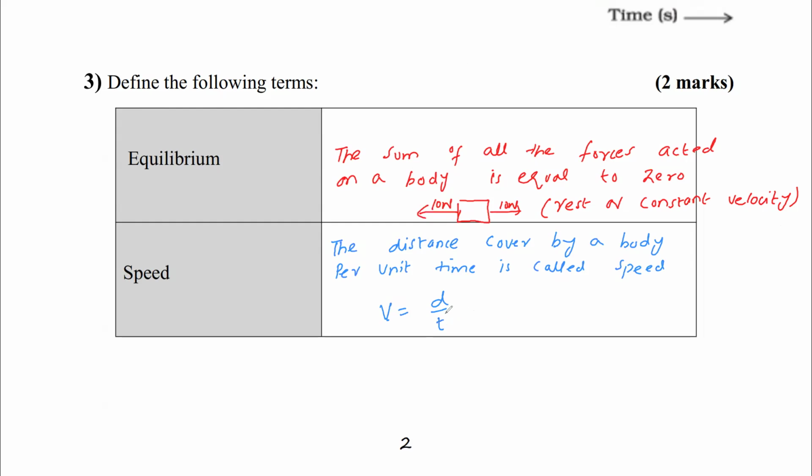If I'm asking you what is the unit of speed, obviously we see that the unit of distance is meter and the unit of time is second. So meter per second is the unit of speed, okay? So now we have to move on